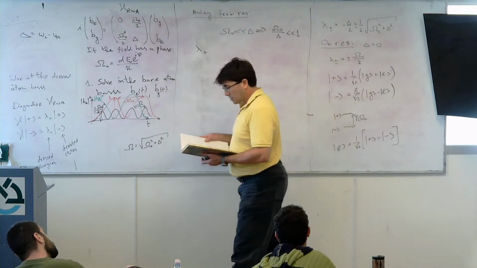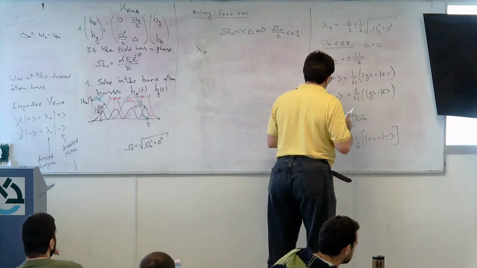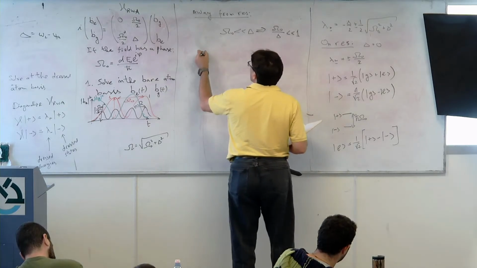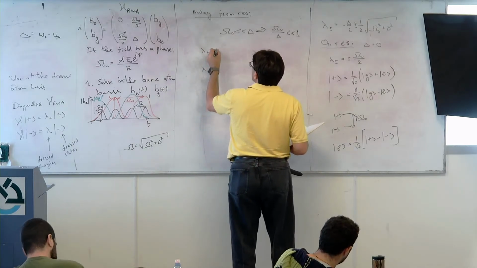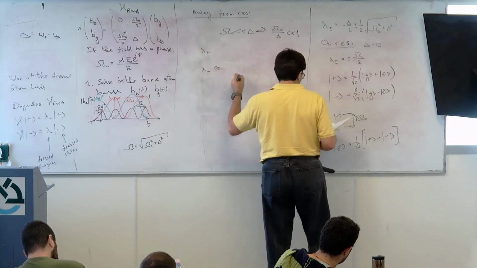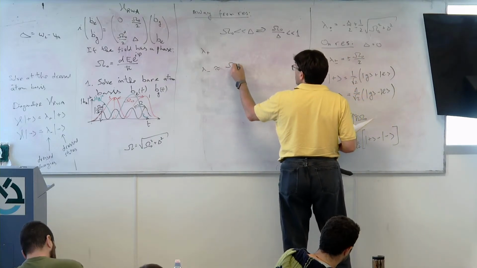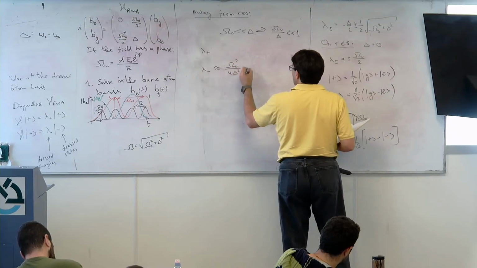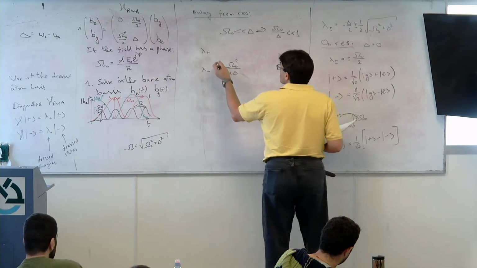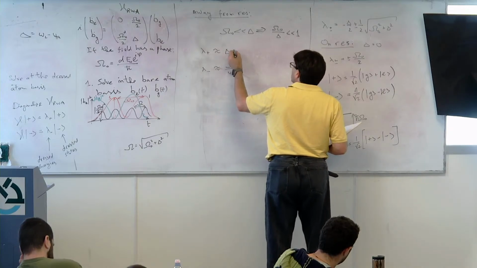And I think we did that last time, so let's remind ourselves what we get. So I have lambda plus and lambda minus. Let's start with lambda minus. This one becomes approximately omega 0 squared divided by 4 delta. Of course, 4 delta only. And this one becomes approximately the detuning minus